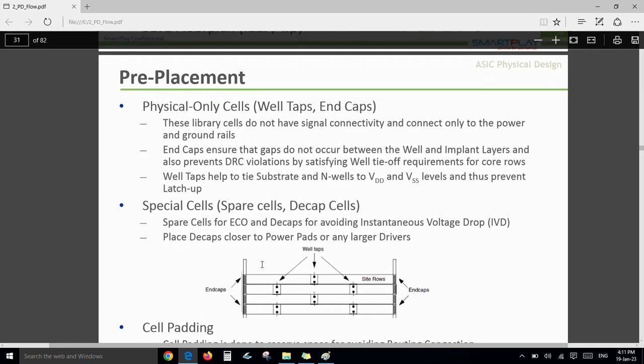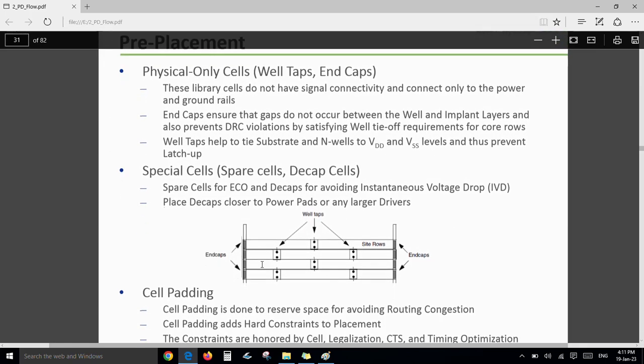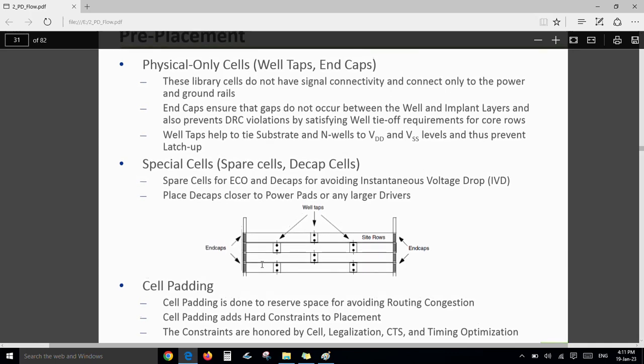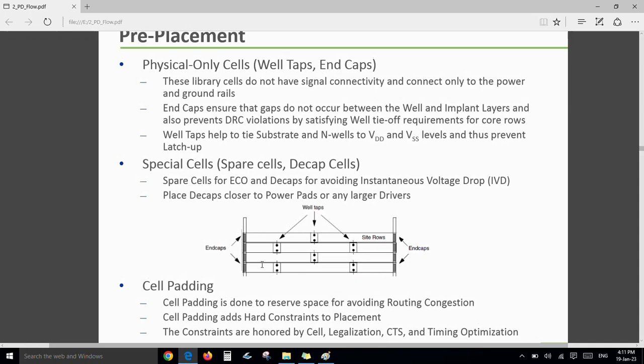physical only cells, well tap cells, end cap cells, decap cells, all these cells. Well tap cells are for latch up purpose, and end cap cells is for well proximity effect. What is well proximity effect? If you